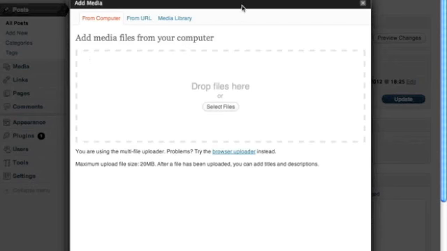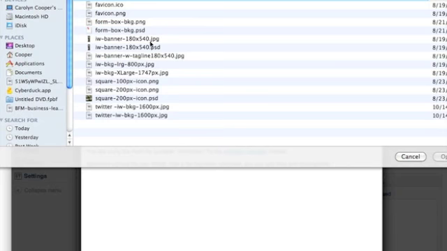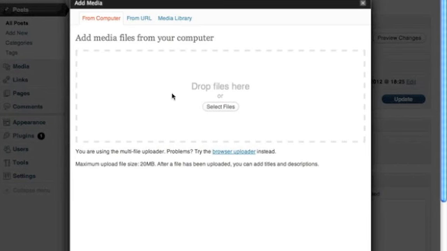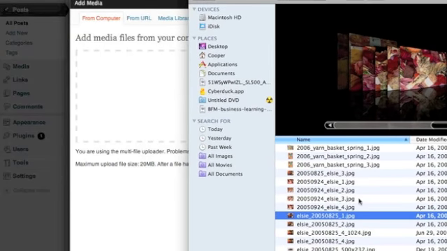They've also added something else. I now can either choose to select files, which will do what most of us are familiar with, which is to create a drop-down menu that shows us directories on our computers. But what I'm going to do instead is show you that they have this new option too to drag and drop files in there. So I'm going to drag and drop this image right here,